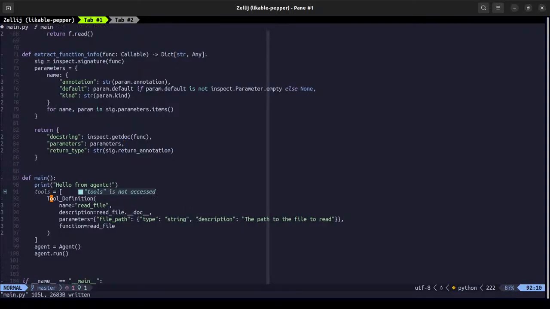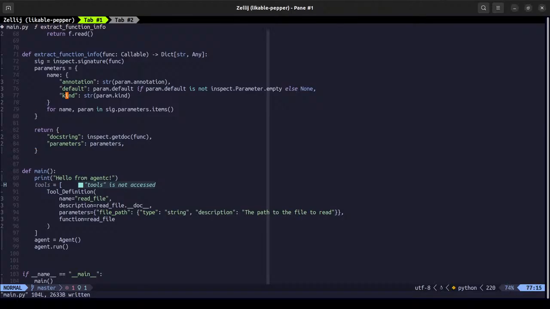And then instead of defining this here, we need return type though. I don't think so. Let's skip that for now. Inspect.